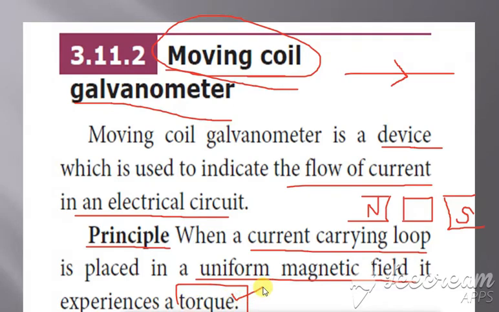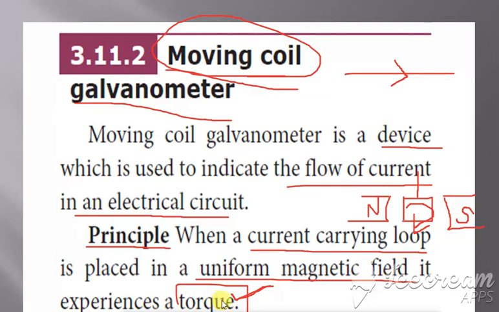What is meant by torque is that this coil will be rotating. The effect of the torque is that it makes the coil rotate. So if you place a current carrying coil in a uniform magnetic field, it experiences a